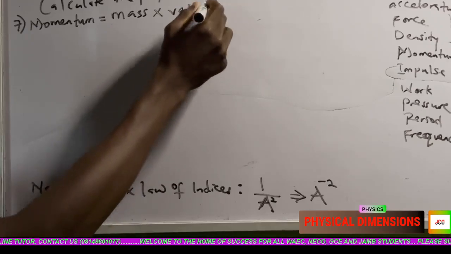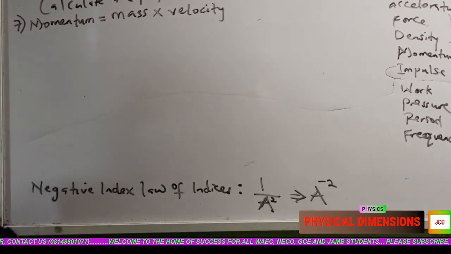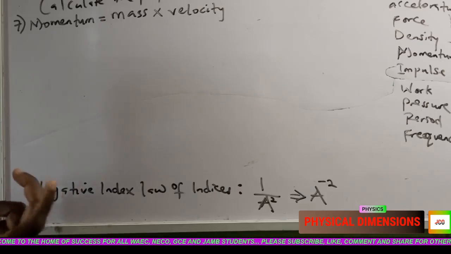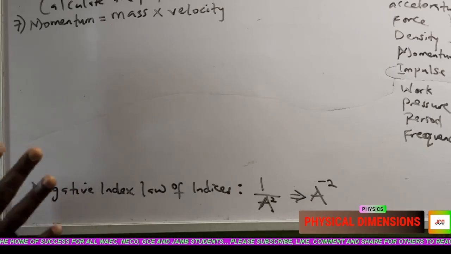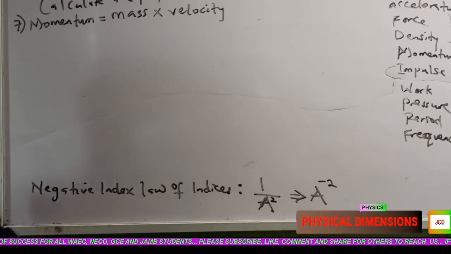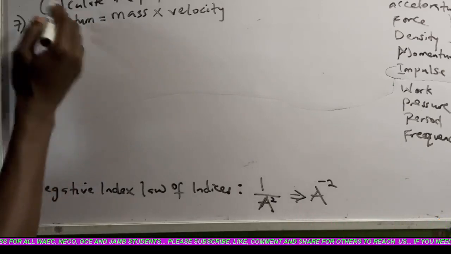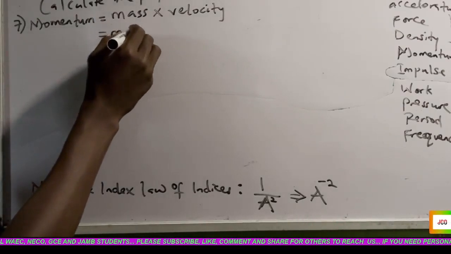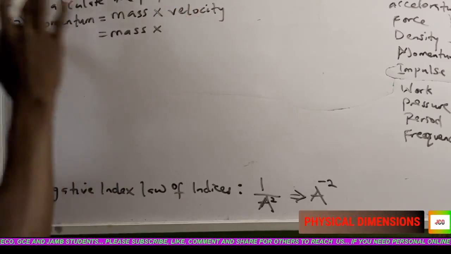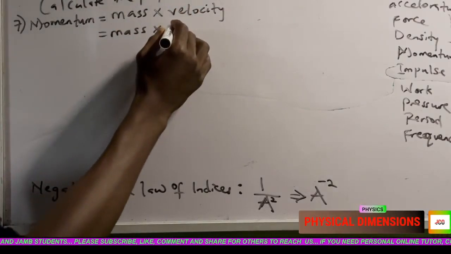Like we had said, velocity and speed is the same thing. Though in some special teachings in vectors and scalars, we are going to differentiate velocity and speed, for the formula they are actually the same. Mass is a physical dimension, so we are writing it down there. Then velocity is not, so I'm going to put the formula for velocity, which is